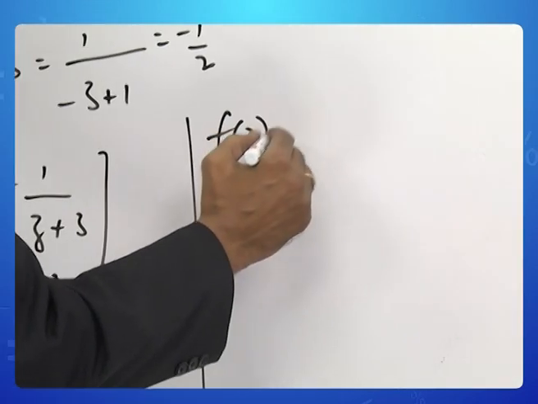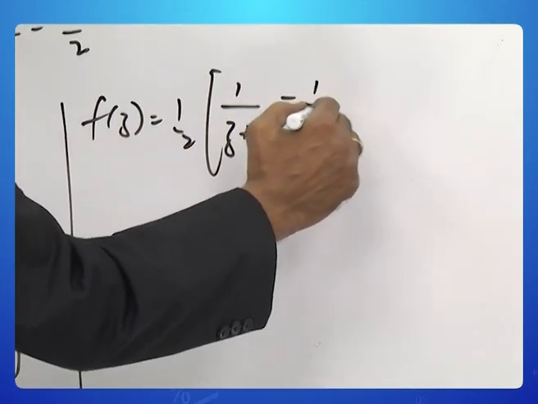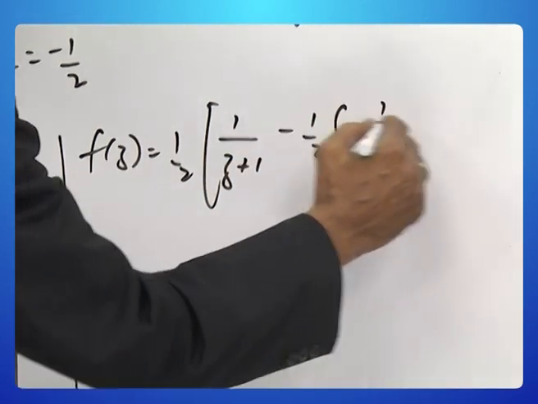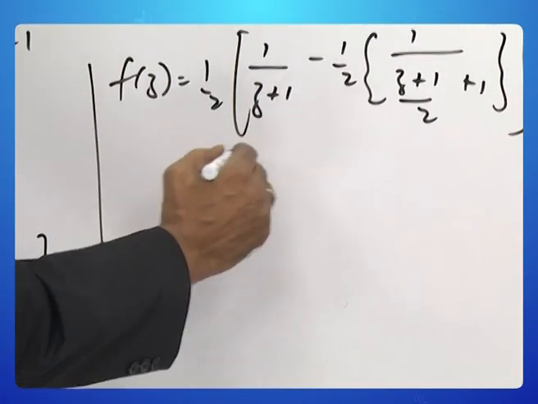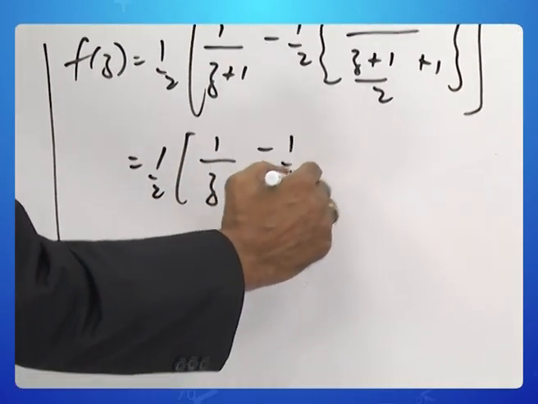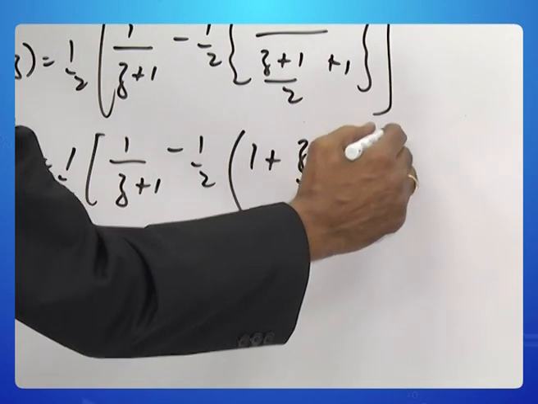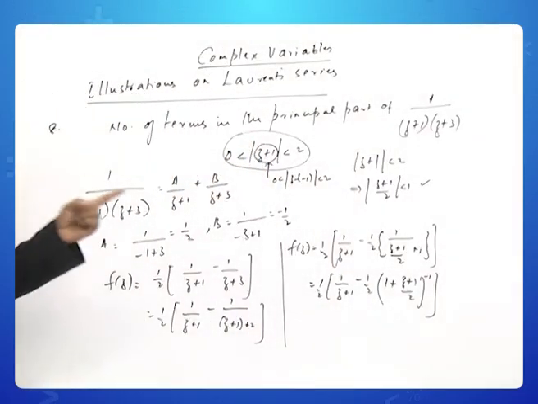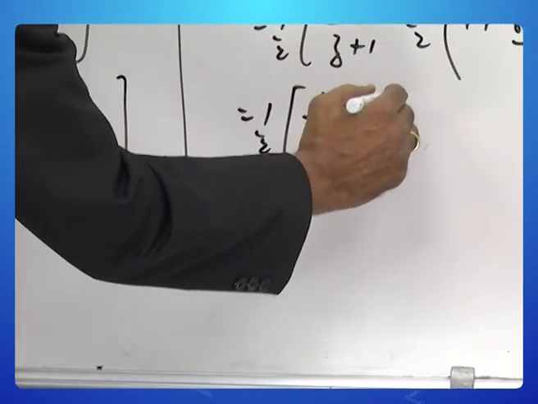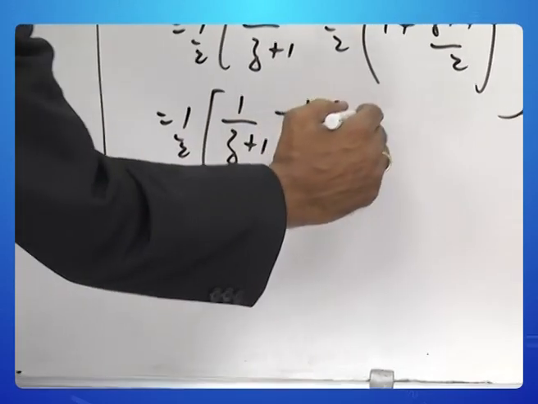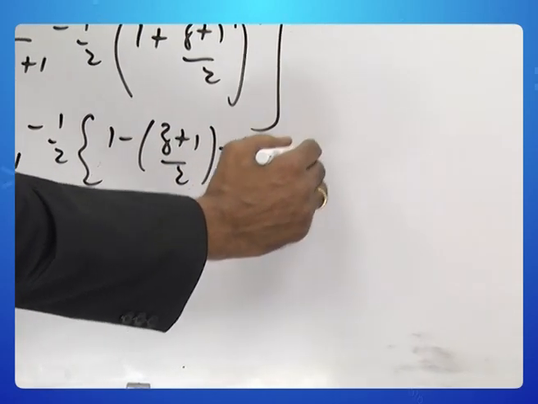So f of z is equal to half of 1 by z plus 1 minus half 1 by z plus 1 by 2 plus 1. So half of 1 by z plus 1 minus half into 1 plus z plus 1 by 2 whole inverse. So you can expand that using binomial theorem, and you will have half of 1 by z plus 1 minus half of 1 minus of z plus 1 by 2 plus z plus 1 by 2 whole squared, and so